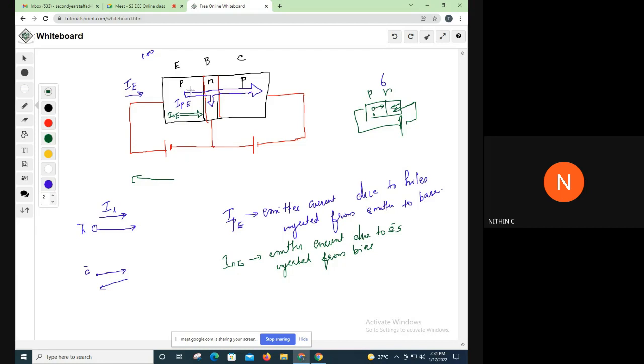And I mentioned that the holes which are moving will get slightly recombined at the base. Some recombination will happen in the base. Some of these holes will recombine here, and there is a current due to that. So this terminal will be supplying electrons to this region, right? The electrons are moving in this direction from the negative terminal, which will be supplying electrons, and the current due to that will be in the opposite direction. When electrons are supplied that way, the current due to the flow of electrons will be in the opposite direction. So you will mark it as, one second.